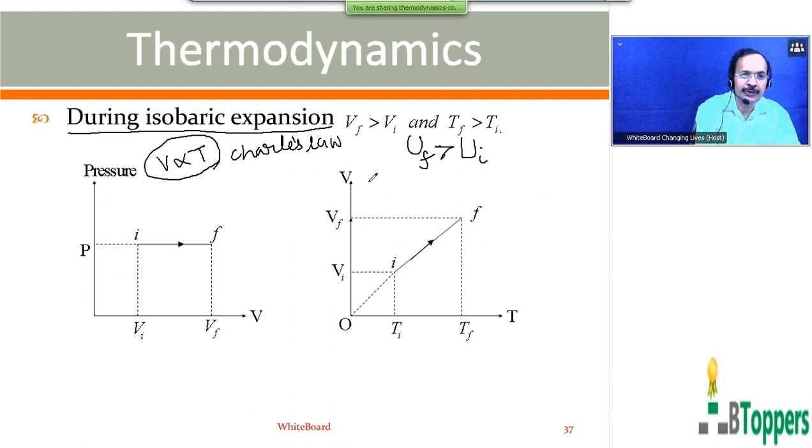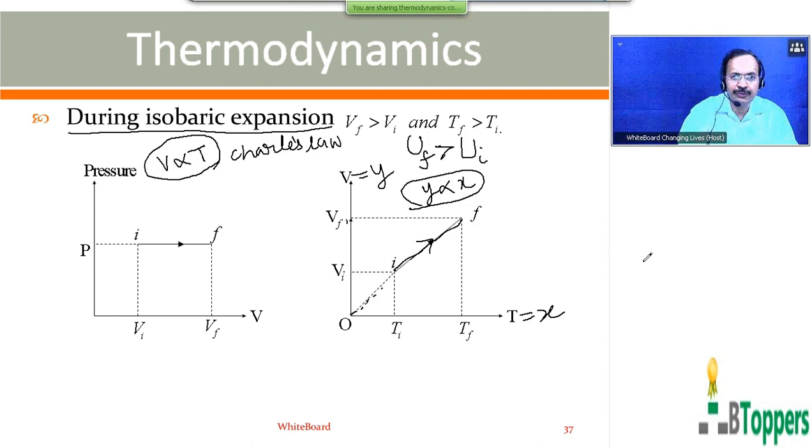So at constant pressure, V is proportional to T. So if you draw a graph with volume along the y-axis and temperature along the x-axis, at constant pressure we can write Y proportional to X. So Y proportional to X represents a straight line graph passing through the origin. That means the VT graph, the graph of volume versus absolute temperature, will be a straight line passing through the origin at constant pressure for a fixed mass of gas. So in the expansion, final volume is more than the initial volume. At constant pressure, final temperature is more than the initial temperature.